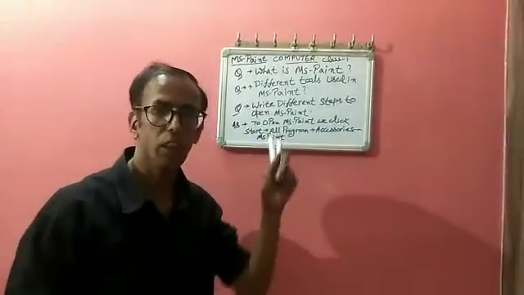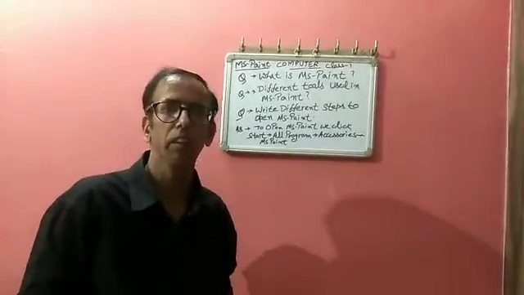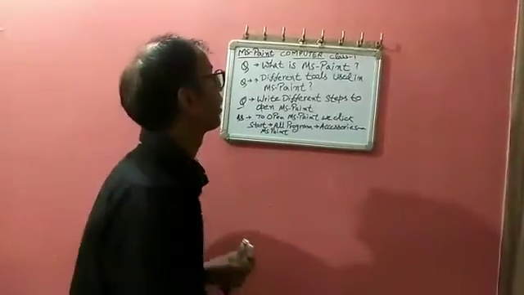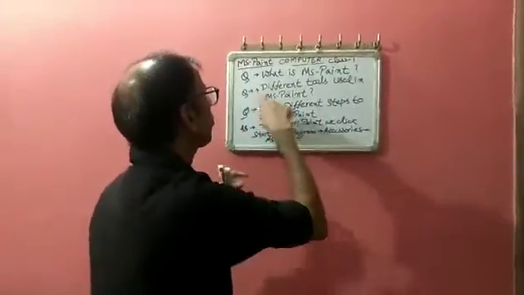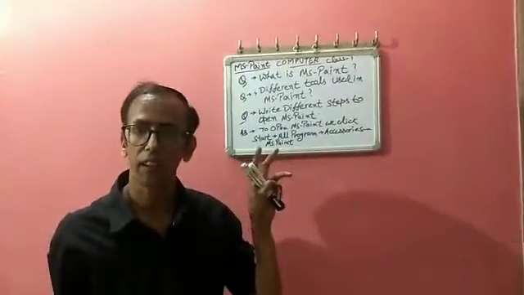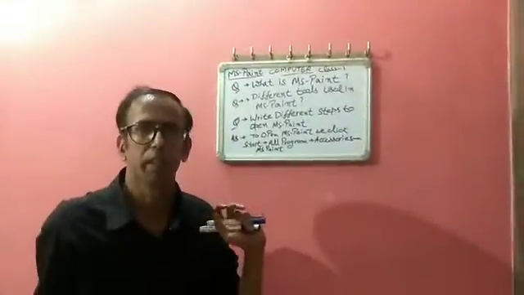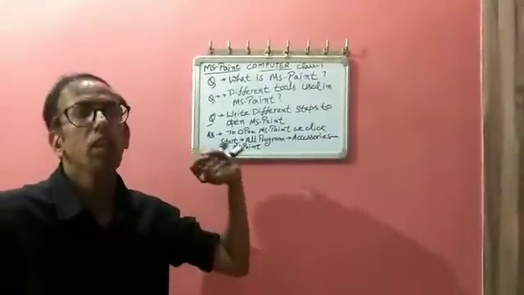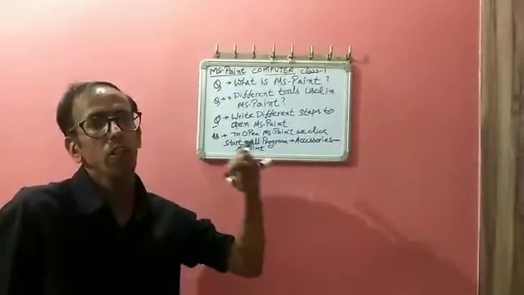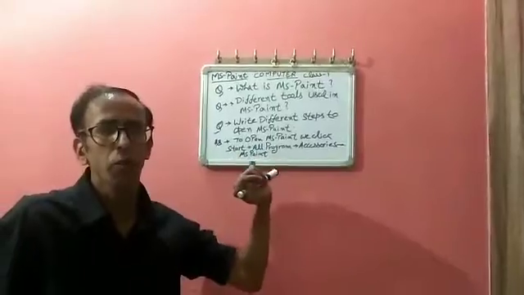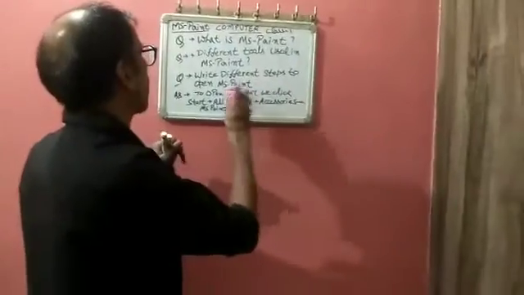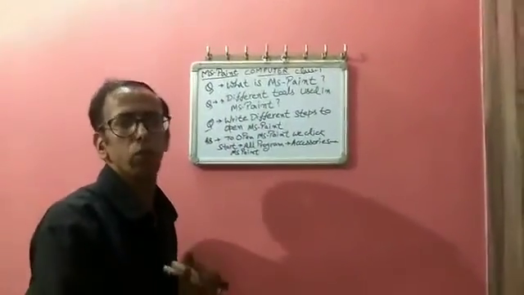You write these 3 questions. These are very important questions for exam purposes. So write the answers of these 3 questions in your copy. Now our next question will be different tools used in MS Paint. I have discussed 2 questions: what is MS Paint and how will you open it? What is MS Paint? MS Paint is a tool using which we draw our pictures in the computer. And from where do we open it? We open it from the start menu, all programs, accessories, then MS Paint. Now I am moving to the different tools used in MS Paint to make our drawing.